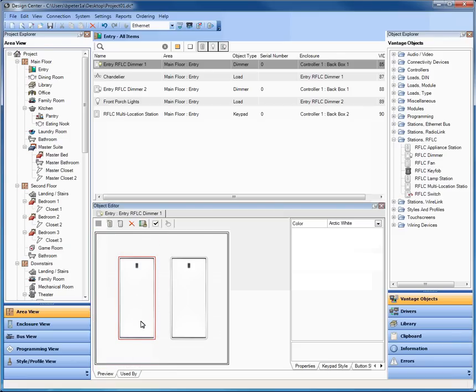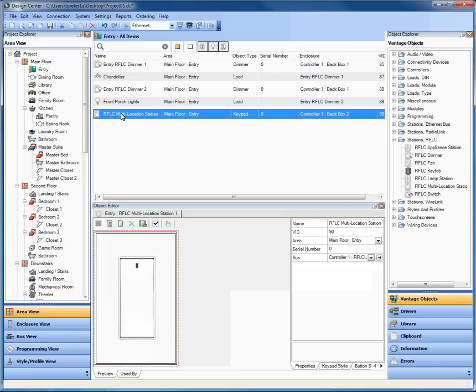So the up state or top part of the button will turn the light on. The bottom part press will turn the light off. In this case, the chandelier. But I added the RFLC station to give me control for that three-way scenario at the other end of the